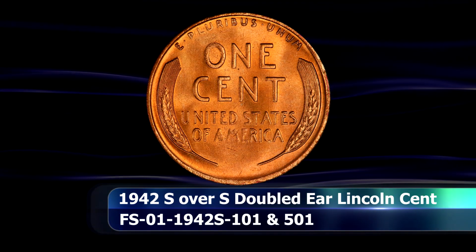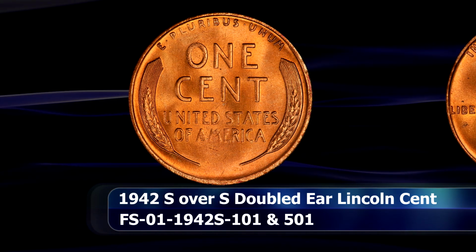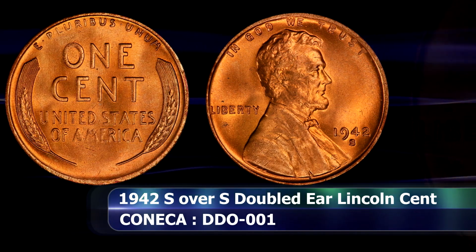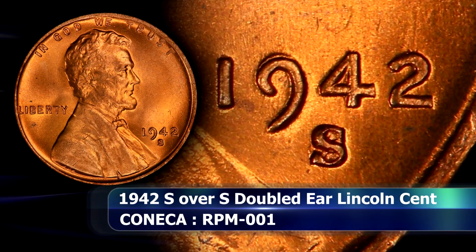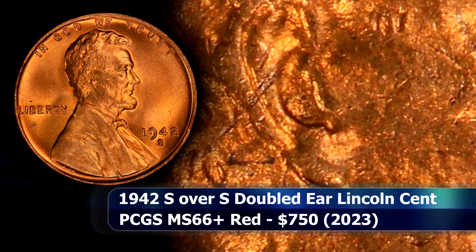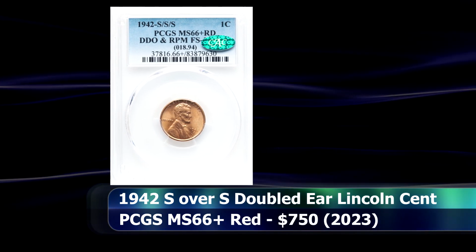$660. Now, I actually debated whether I should include this coin on the list at all, as the doubling is rather minor on the ear, as the coin is better known for doubling on the letters of "In God We Trust" and on the date, as well as being a very nice repunched mint mark variety as well. But the 1942 S over S also has some slight doubling on the ear as well, specifically on the inside of the lower ear as indicated here. It's barely there and the lighting has to be just right to even spot it as well. But in 2023, an example graded as PCGS MS66 Plus Red was sold at auction for